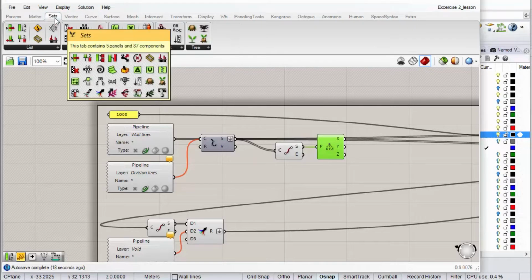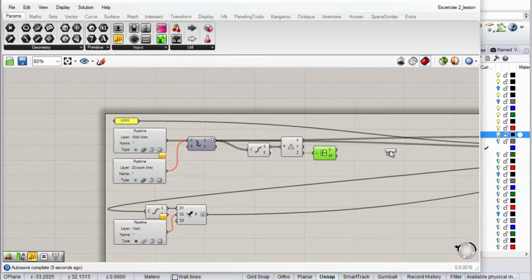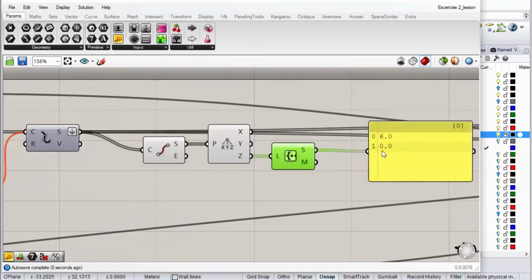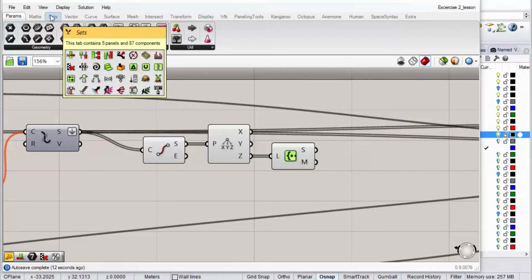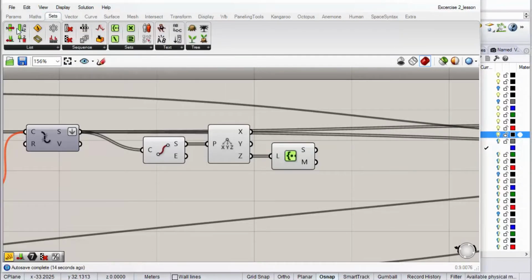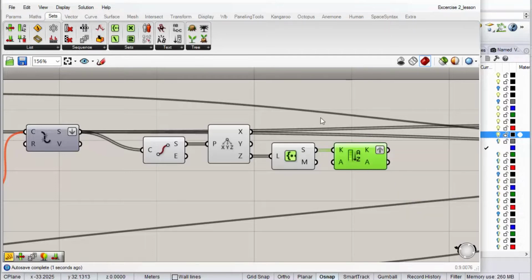is create a set. A set takes a range of values and turns them into a list of unique values. So it's only going to show a 6 and a 0. So once we do that, we sort those. So we'll get 0, 6, and they're all going to be in order. Graft them, so it'll create a branch for each height, and then